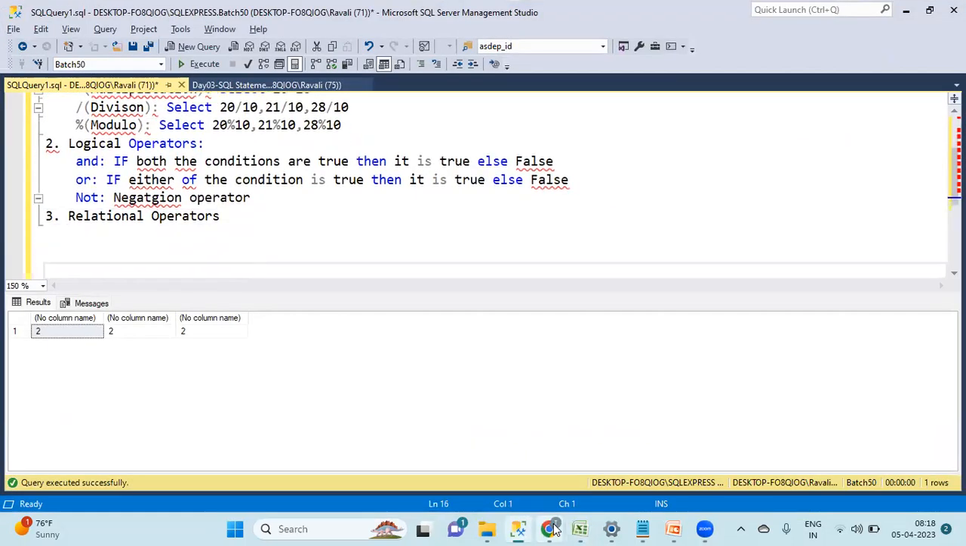Next, relational operators. There are a lot of them: equals to, not equals to, which can be represented either this way or this way as well, less than or equals to, greater than or equals to, in, not in,